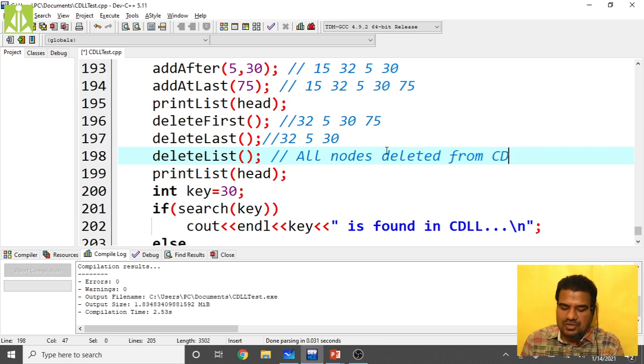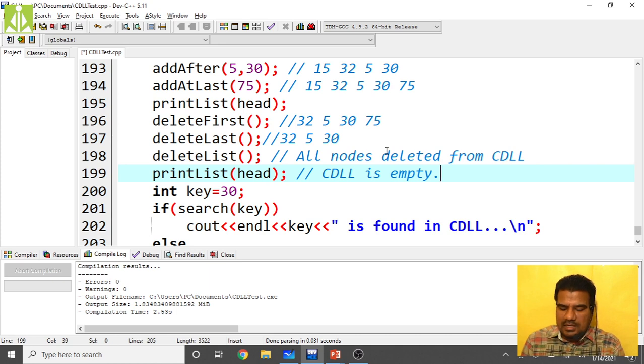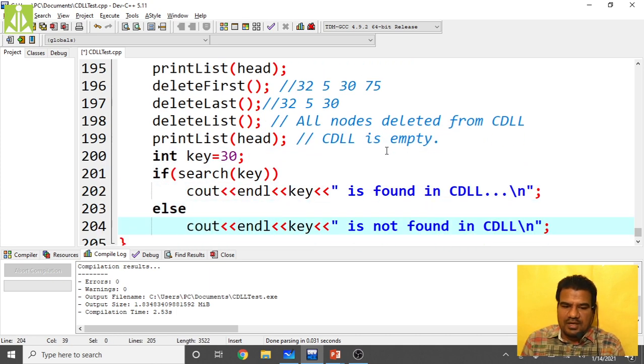After this you will get CDLL is empty. Then here also when you are printing, you will get one more CDLL is empty. So two times CDLL is empty you will get.